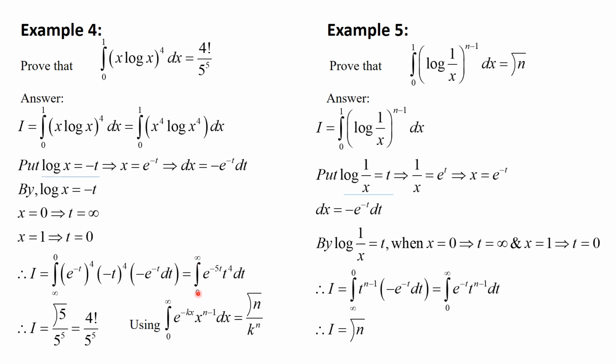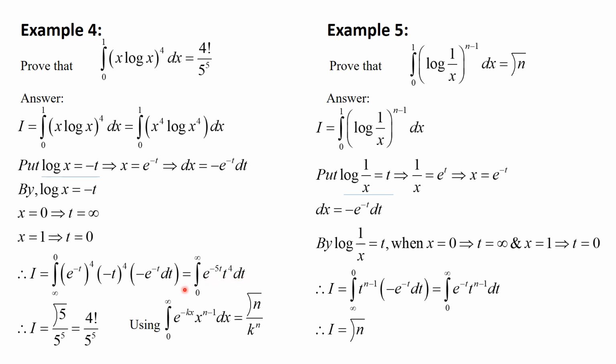So in changing the limits, lower to upper, 0 to infinity, e raised to minus 4t and e raised to minus t gives e raised to minus 5t, minus raised to 4 gives minus as plus, and t raised to 4, and hence the expression leads to e raised to minus 5t t raised to 4 with respect to t,